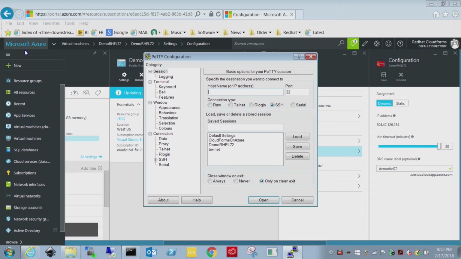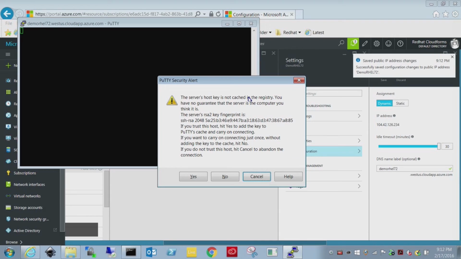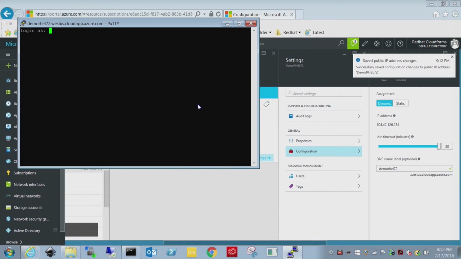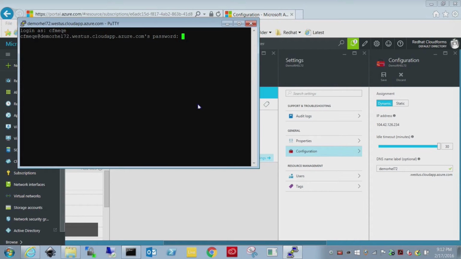And we'll go back to PuTTY. This time I'm just going to enter the DNS instead of the IP address. You don't have a lot of say. The second part of the DNS is the location, and then it's cloudapp.azure.com. But you can set up all that stuff custom. Some things cost more money than others. So I'm logged back in,